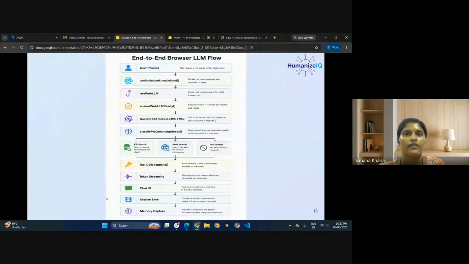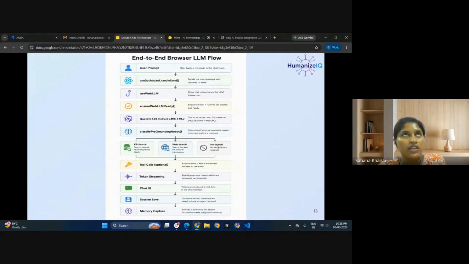End to end, how it works, as I already mentioned: the request will come to the Qwen model. In the Qwen model, if you ask any question which requires real-time data, the Qwen model in the local machine does not have any real-time information. For that, we have integrated multiple tools in our API proxy. If it requires real-time data, it is going to call the knowledge base retrieval, then web search through Tavily for getting real-time information.